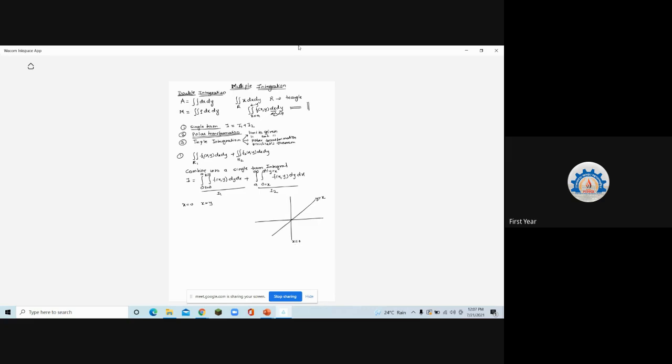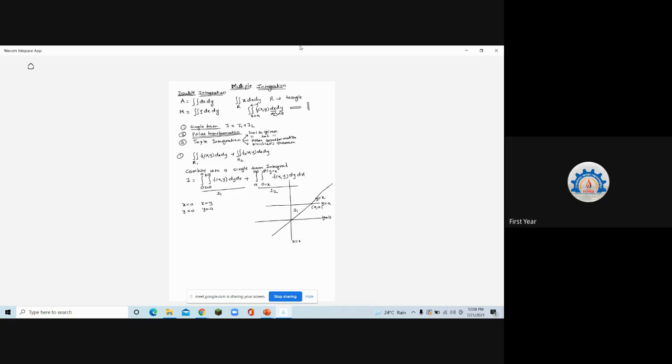Then external limits are y is equal to 0 and y is equal to a. y is equal to 0 is the x axis and y is equal to a is this line. Any line whose y coordinate is fixed is a line parallel to the x axis. What is this point? It's a comma a. Why is it a comma a? Because y is equal to a, and the other line which is intersecting is y is equal to x. So x is equal to the value of y, which is a. So the point is a comma a. This is the region I1.